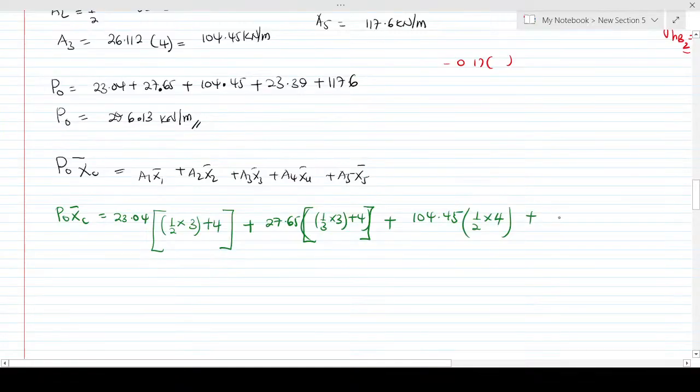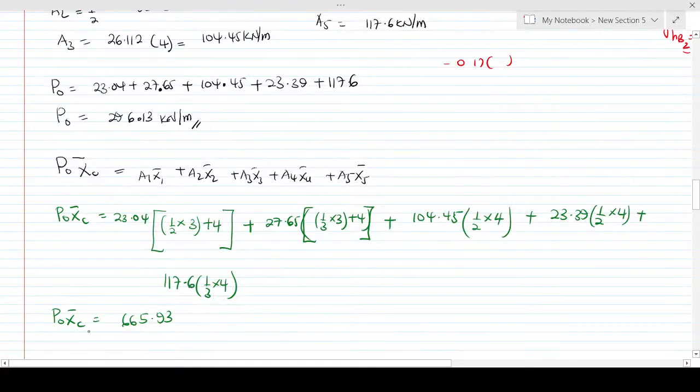Then we have 23.39 multiplied by, this is also a rectangle. Then the last one, let me write it here, that is 117.6 by one third of 4. That one is a triangle. So when you put them inside and you evaluate, you're going to get